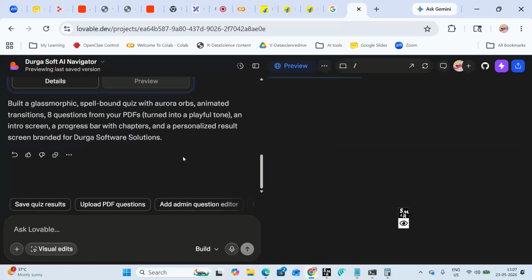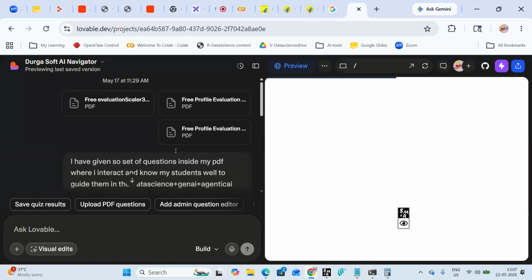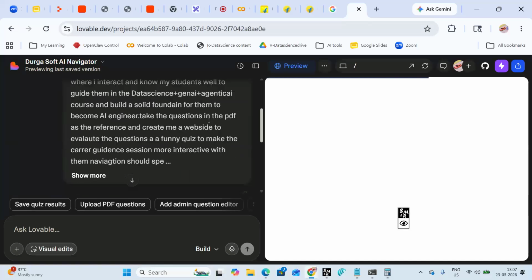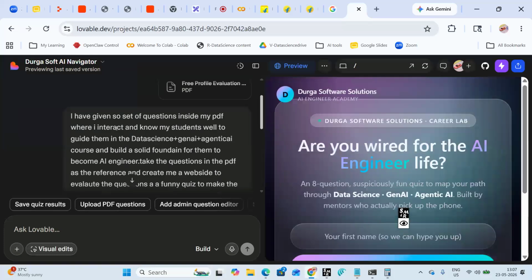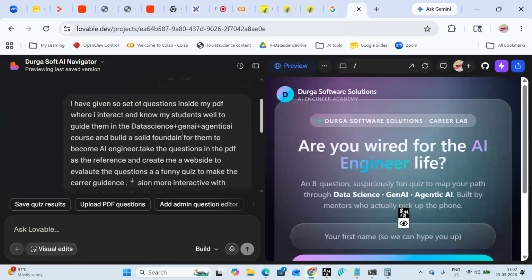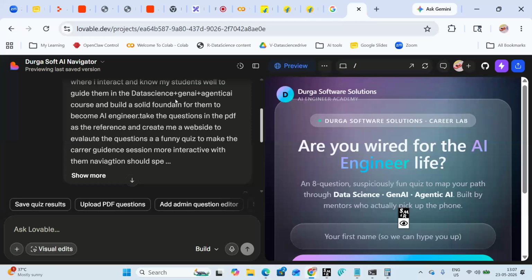What I have done is I have added a few PDFs inside this. Okay, so it has some evaluation questions. I have given a set of questions inside my PDF, where I interact and know my students well, to guide them in data science, Gen AI, Agentic AI course and build a solid foundation for them to become an AI engineer. Take the questions in the PDF as a reference and create me a website.